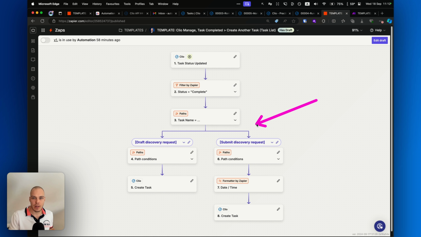If that's the case, we then have these branches over here with paths in Zapier, where we'll essentially be checking the name of the task. Previously, we were checking the assignee. In this case, we're checking the name of the task. And so if the name of the task is, for example, draft discovery request, then we'll create the follow-up task for that. Once the follow-up task is created, i.e. submit discovery request, we'll then add a few days to today and then create a follow-up task in, for example,